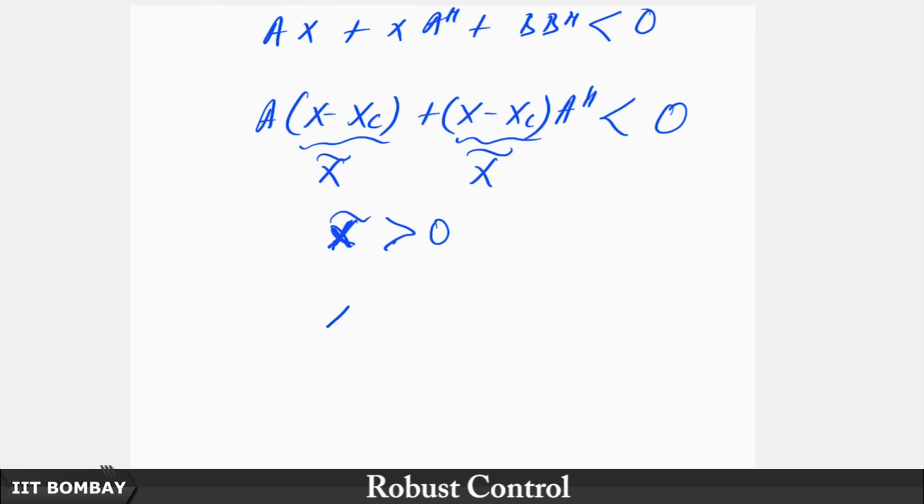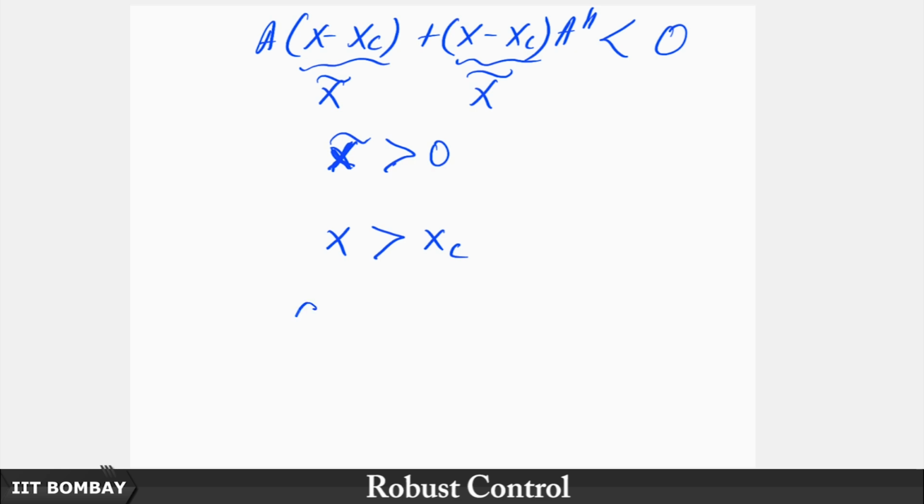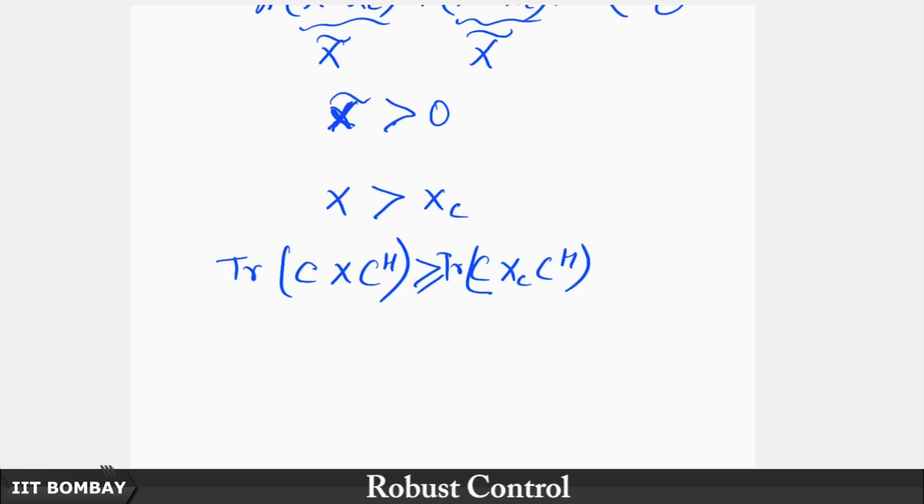So, if A is Hurwitz, then this x tilde is greater than 0. And if x tilde is greater than 0, this means x is greater than xc. That means the trace of C x C Hermitian is greater than or equal to the trace of C xc C Hermitian, but this is in turn